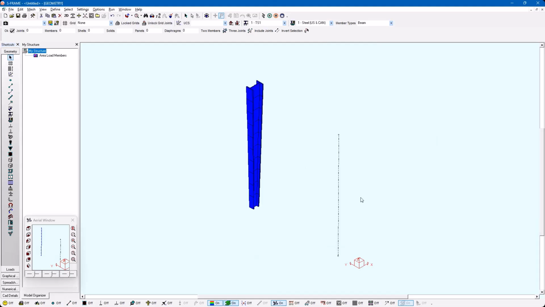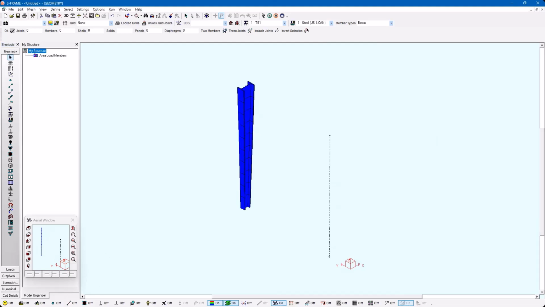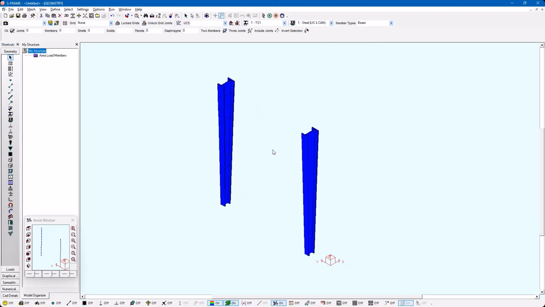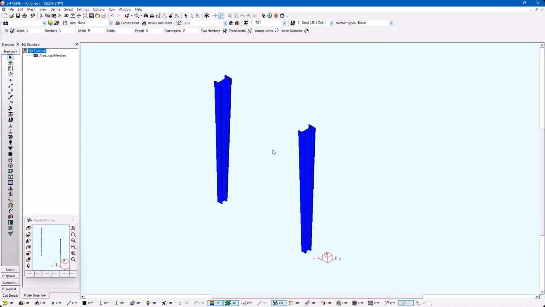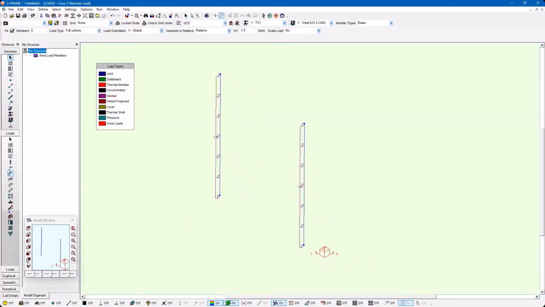If we render this, we can see now that the member is basically the same shape, but with a greater quantity of pieces. And this will allow us to review with more accuracy what's happening with our taper section. I need just to make sure that everything was input correctly. We can see that